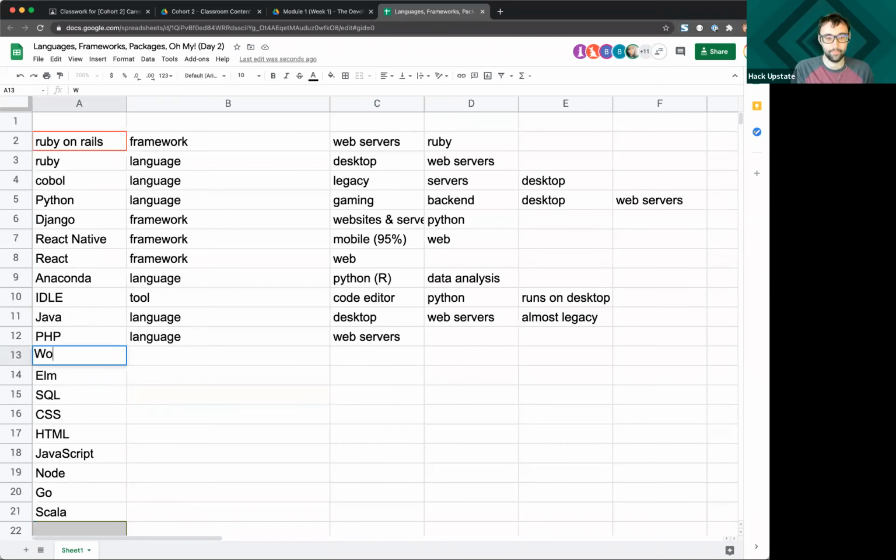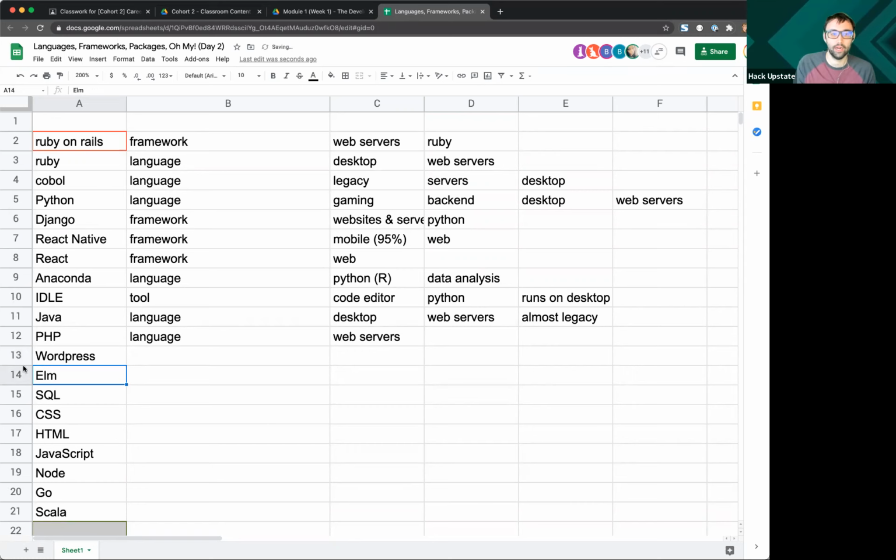One of them. Trello? Trello, I would categorize as a tool. They may use PHP to run their web servers, but we're thinking more in terms of things you could build on as opposed to complete solutions. So we could add Trello to the list, but I would just categorize that as a tool.